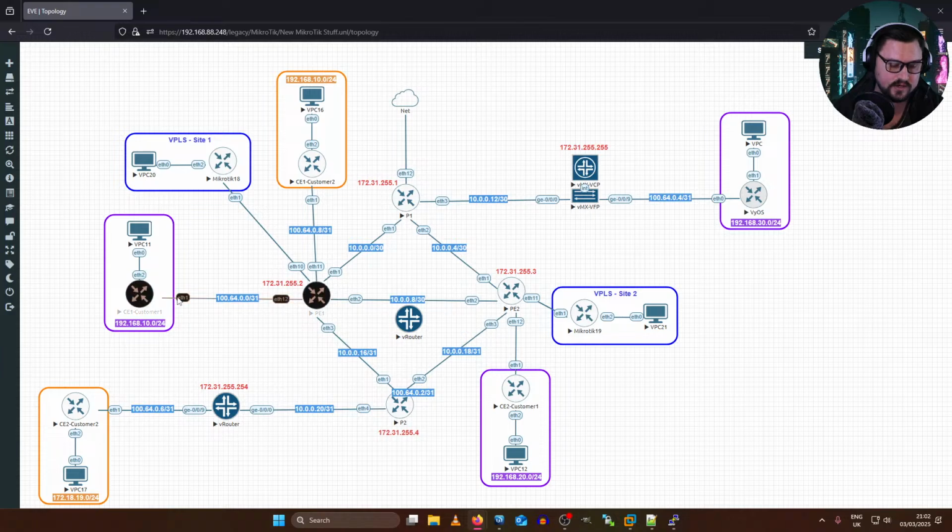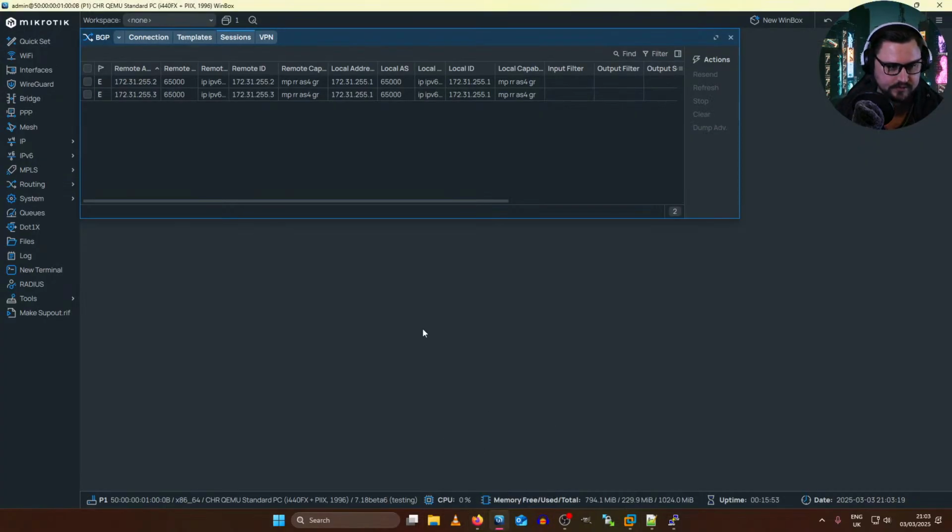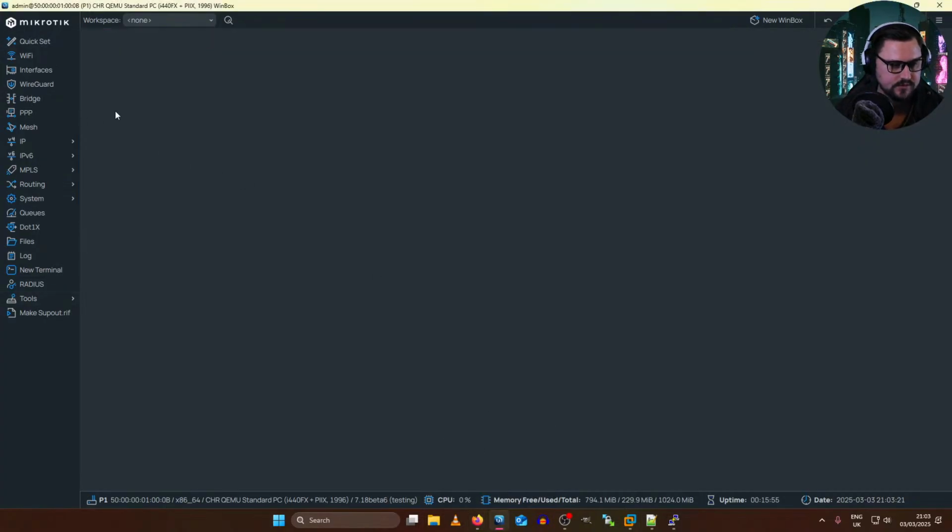And we're still going to have the same issue where I'm not going to be able to use the route reflector, because there is actually an issue. There's a bug with the route reflector and VPLS. But there is a slight workaround we can use to kind of force it to work, which is not optimal. It's not the way we should be doing it, but sometimes we just need to play the cards we're dealt. So let's do that. So I'm just going to go into this provider 1 device,